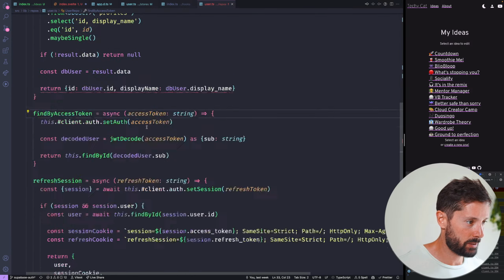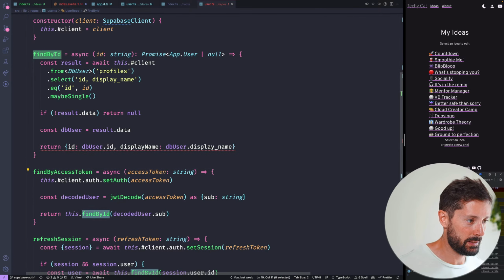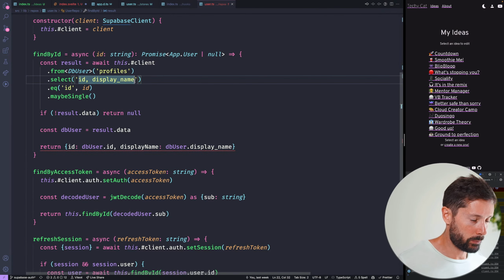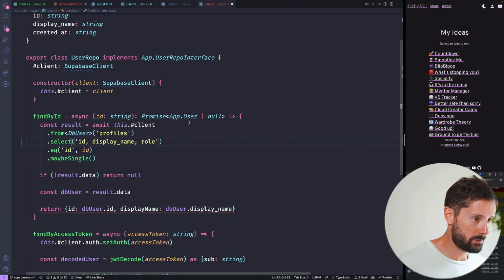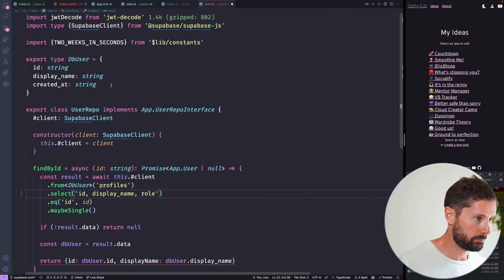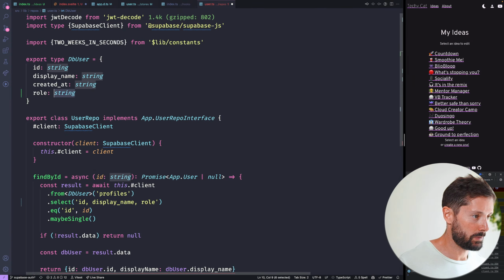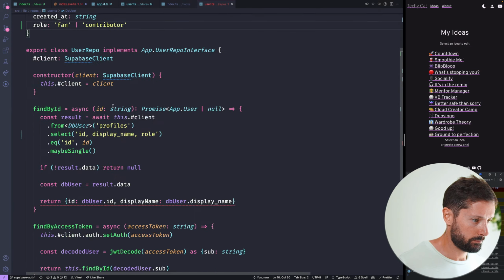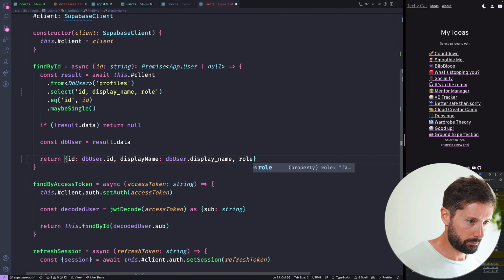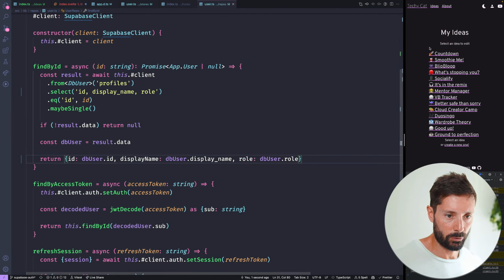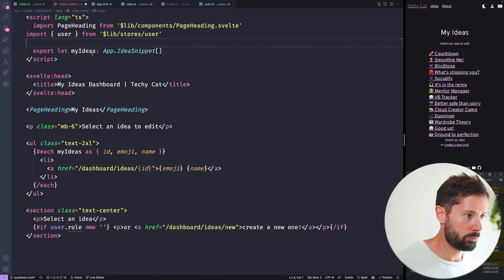All of these methods are running find by ID at some point. And what we also want here is the role. So if we manage, it's fan or contributor. So if we do all of that, if we save this,